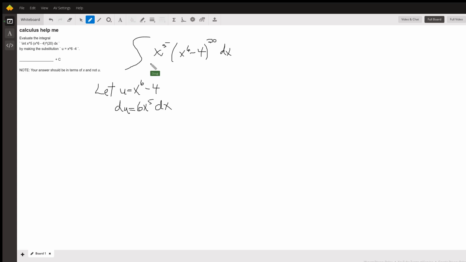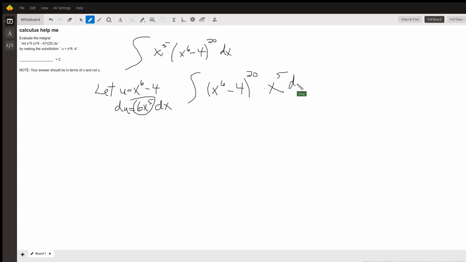The idea behind u-substitution is that if we let u equal some expression, and then we take the derivative of that with respect to x, do we end up with something out here that sort of looks like it matches? And we do have an x to the 5th. We need a 6. To help you visualize that a little bit better, I'm going to rewrite this as x to the 6th minus 4, the quantity to the 20th power. And I'm going to move this x to the 5th